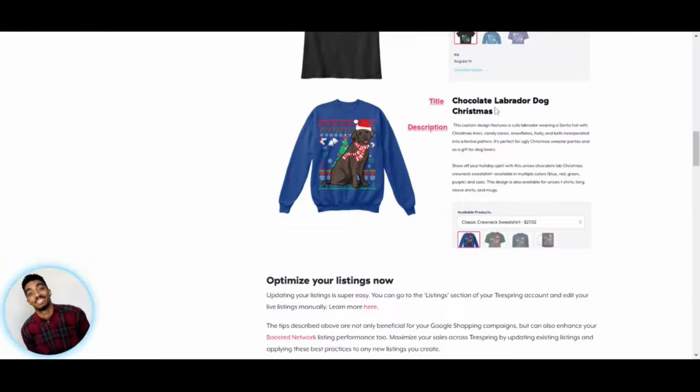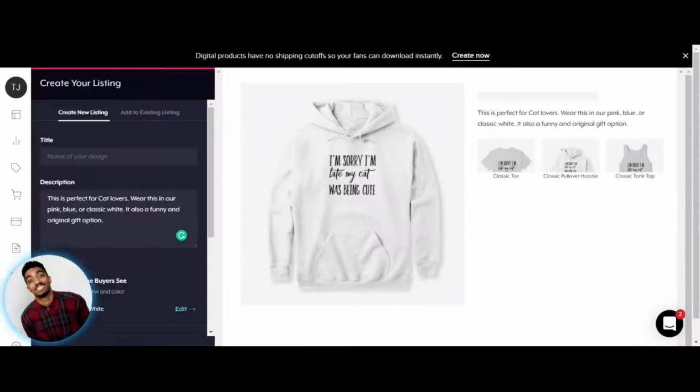And then they have their description down here as well. So hopefully that helps you guys. So going back to the design that we have, I have now added in a description. I ended up going with the second option. I thought that it fit a little bit better after all.